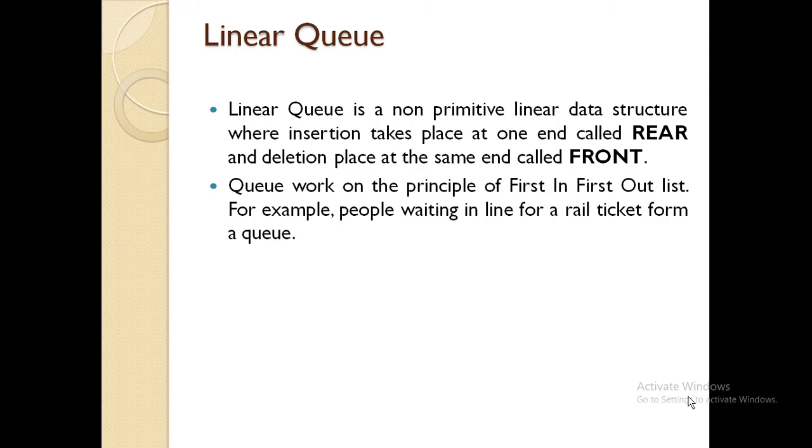Queue works on the principle of first in first out. It means that the element which is inserted first will be taken out first. For example, a queue is maintained for student admission. Students are waiting in a queue for taking the admission. So the student who comes first will be given service first. Similarly, if customers are waiting for getting a railway ticket, the customer who comes first will get service first. So the working principle of queue is FIFO, first in first out.